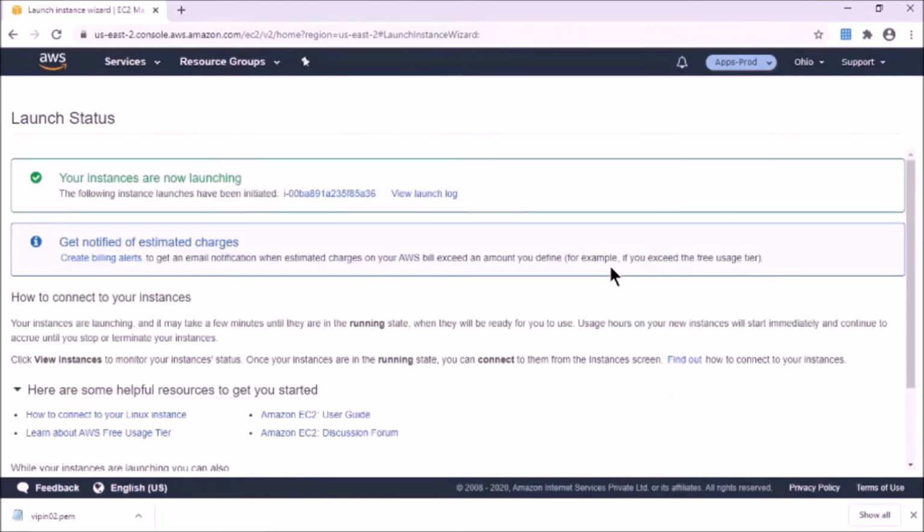So Vipin is able to launch the instance as well. So this works for Vipin in AppsDev and AppsProd both accounts. Now let's check the access for Deepak.